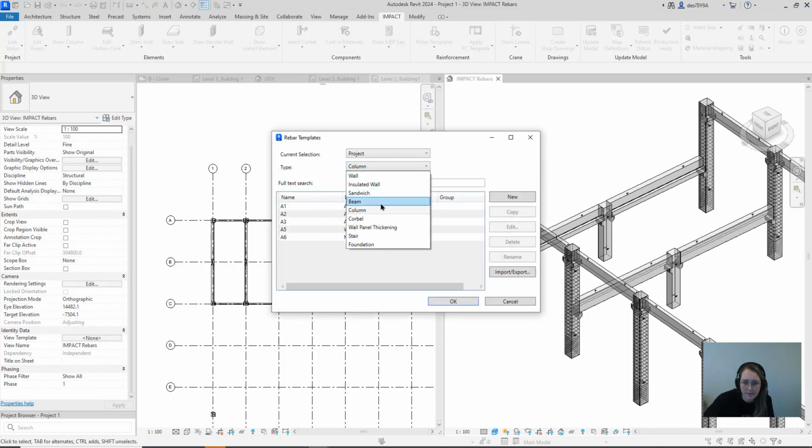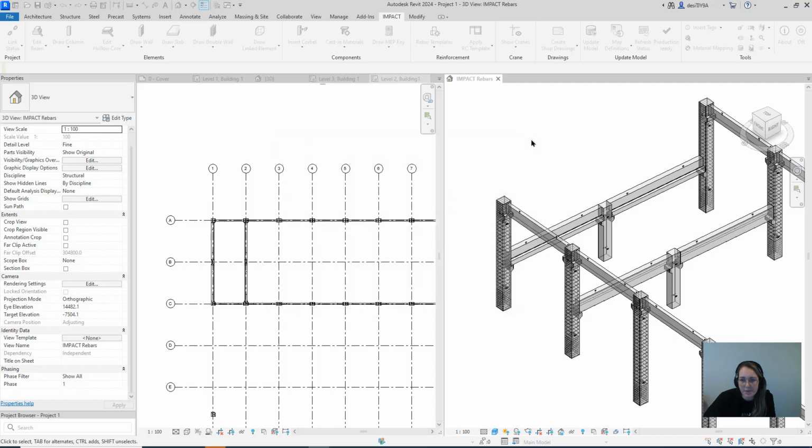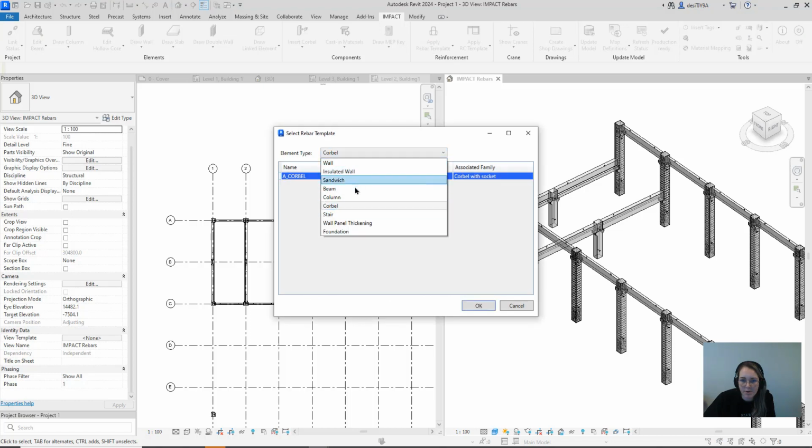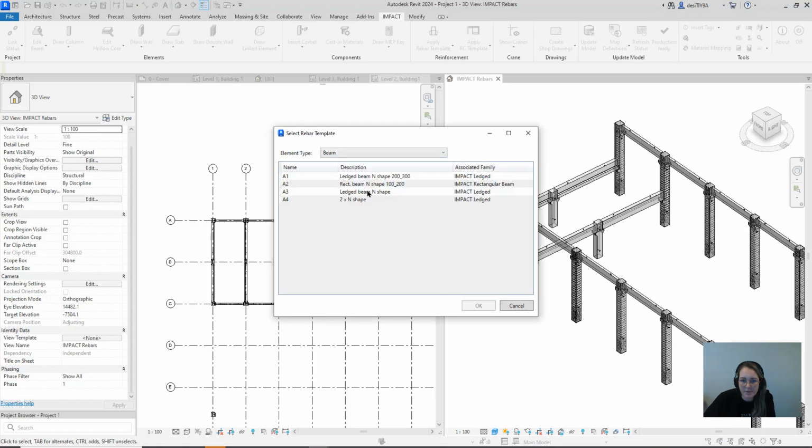It's sandwich wall, insulated wall, structural framing elements, components like corbel or panel thickening. It's pretty useful. Now we're going to demonstrate how to apply this for a beam, and I have a ledge